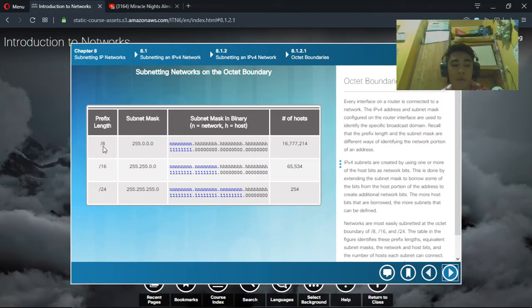The IP address with a prefix of 8, or subnet mask of 255.0.0.0, has 8 network bits with 24 host bits,